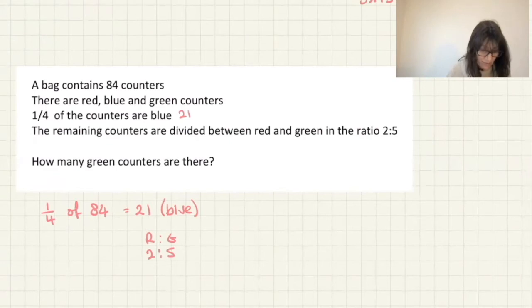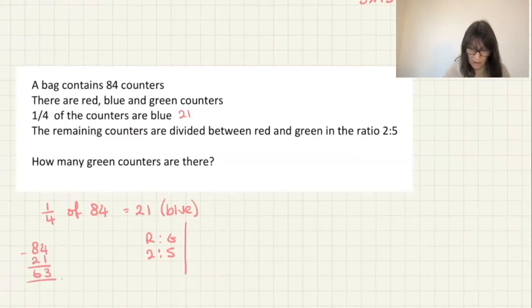So obviously I need to know the remaining counters. So 84, take away the 21, and we've got 63. So into the invisible column. The invisible column, just in case it's a little unfamiliar, is basically a column where we do our workings out. It's where the numbers go when they don't fit here. So that's 63